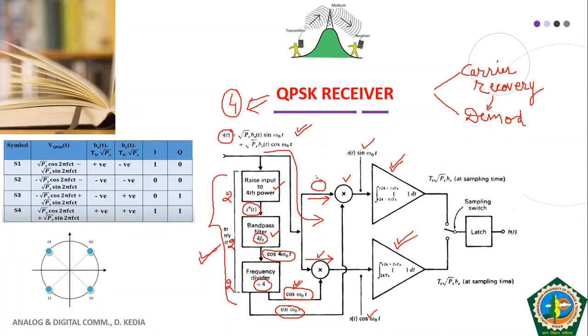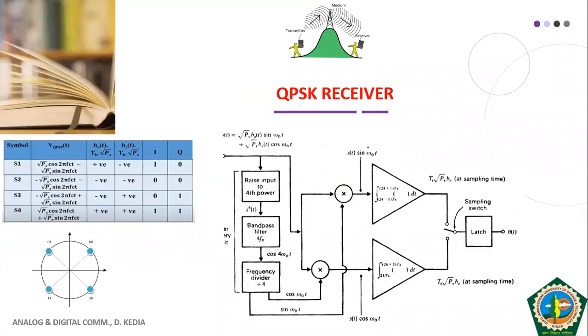Fine. So if you look at this expression of the QPSK signal carefully, your original received signal consists of both components, sine as well as cosine. So in this upper branch, we have at input sine and cosine, which is multiplied with sine. Sine multiplied with sine gives you sine square, and sine multiplied with cosine gives us sine into cos. When you integrate over an integral number of cycles, sine multiplied with cosine will give you 0. So when you multiply the received signal with sine, you will be able to extract this part.